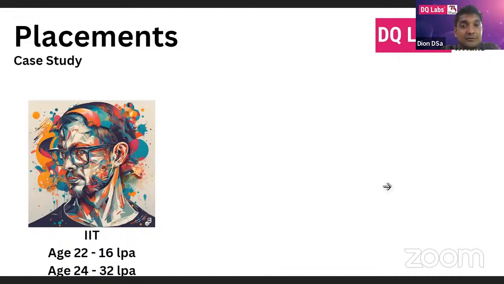When they jump jobs, that 16 lakhs jumps to 32 lakhs, right? And that's the thing. A lot of companies are grappling with the shortage of UI UX designers. They can't get them. If you talk to your friends who are in IT, they will tell you that IT companies are not getting UI UX designers. So what they're doing is taking engineers, putting them on UI UX projects and calling them UI UX designers. But they are not, right? But that's what companies need to do to get their business, right?